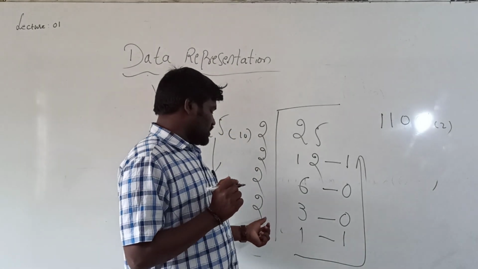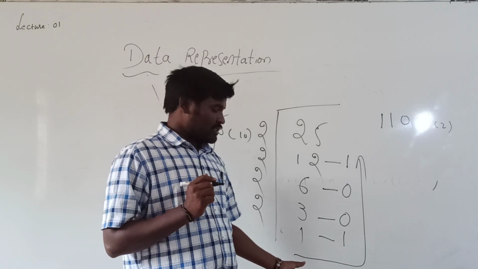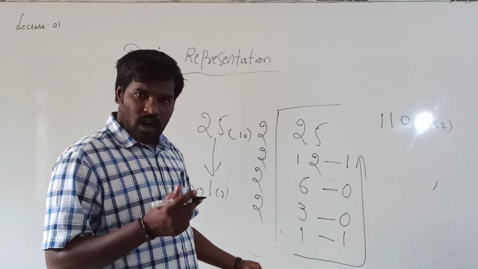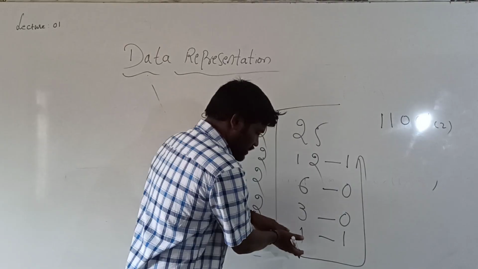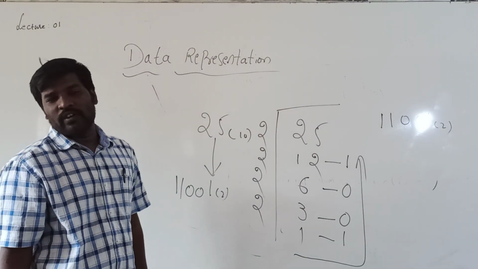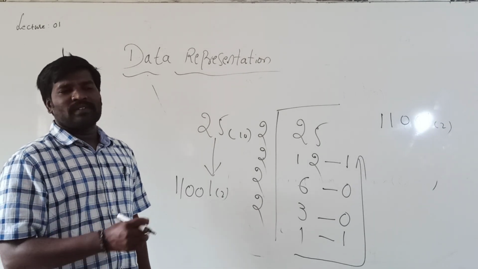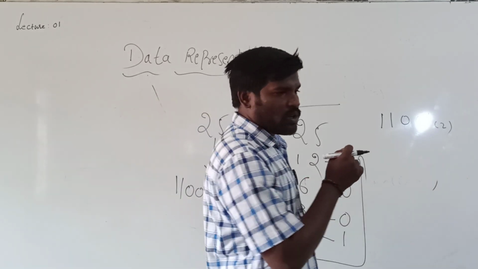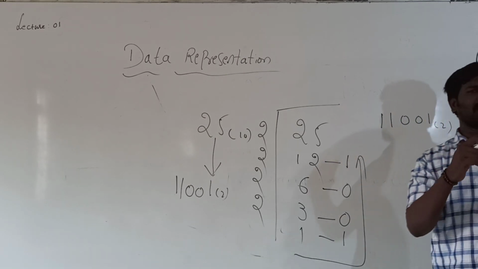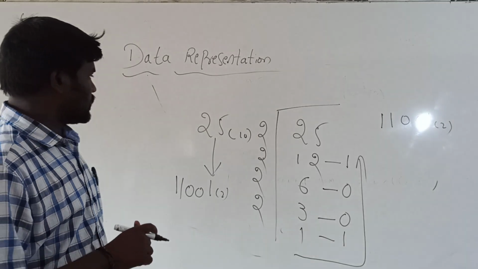So if you divide, 2 zeros are 0, again remainder is 1, or simply you leave it here only, and you have to represent the values in the reverse order. Why you have to represent it in the reverse order is because it is a rule. After dividing, the values in the reverse order are the result of binary.